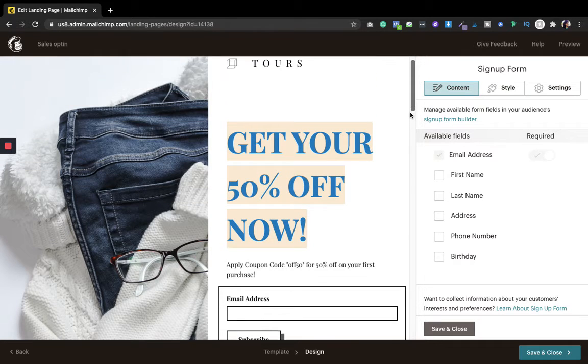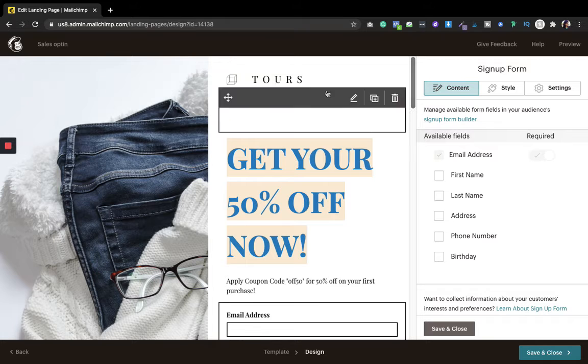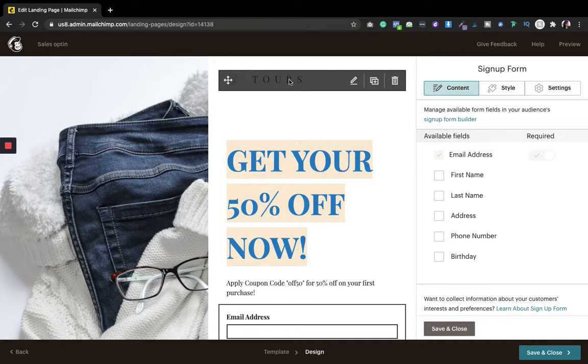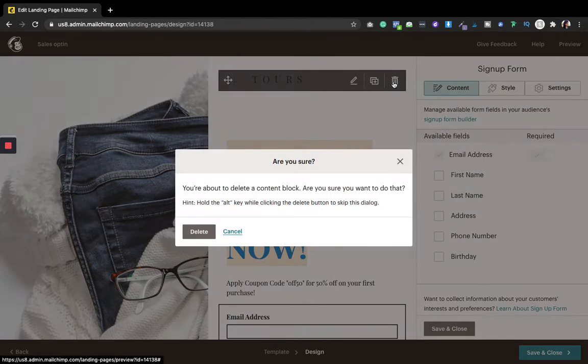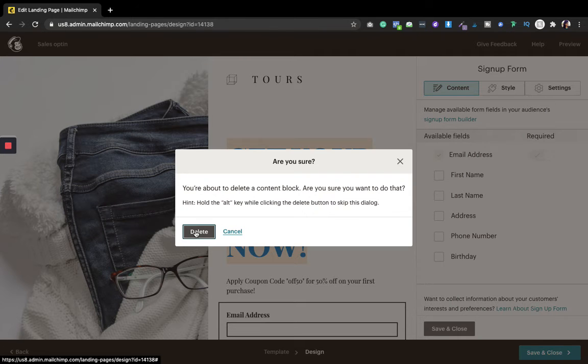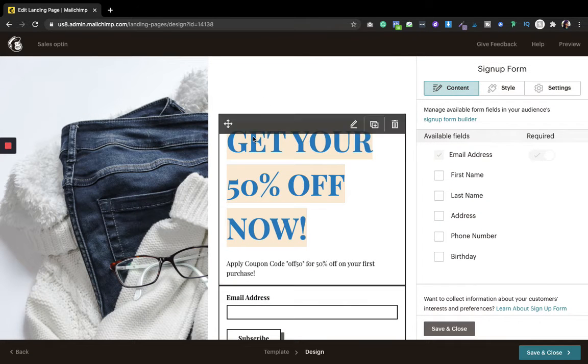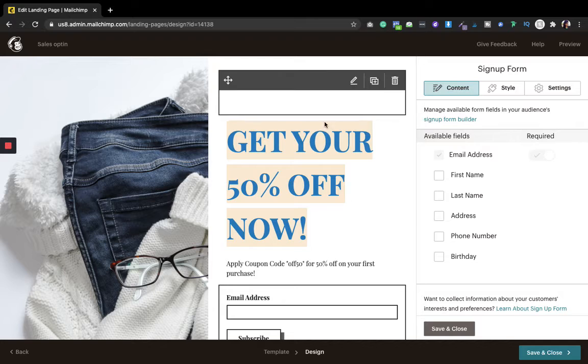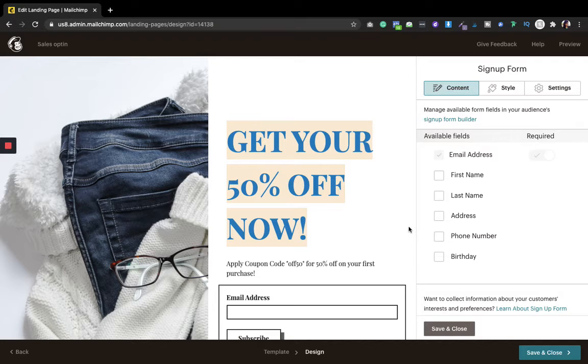So now you can see it looks good to me. Similarly, I will change the logo, but I don't have a logo, so I will just remove it. But you can choose yours. You can choose your image over here, your logo, and you can put it down. It's completely fine.